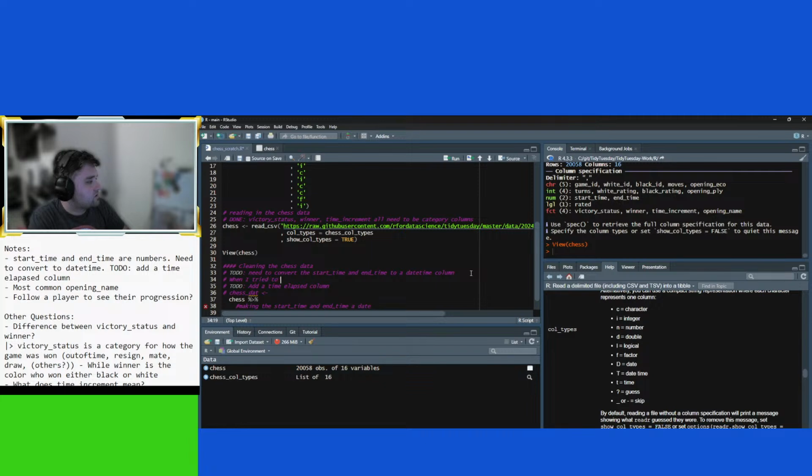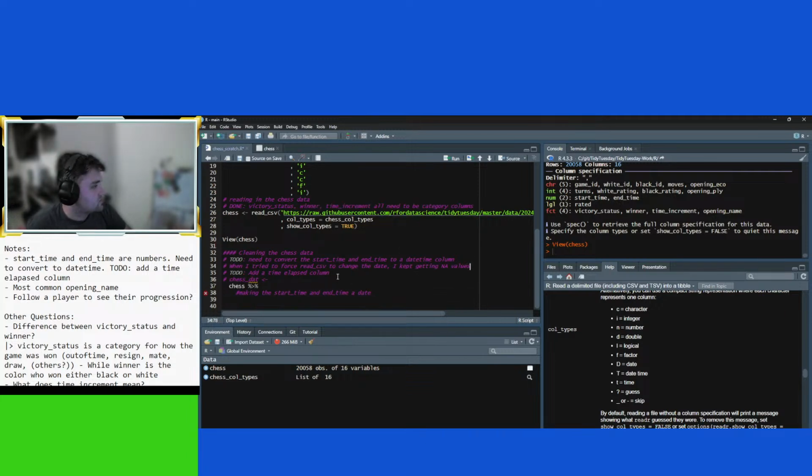And I try to change the CSV to a date. I kept getting NA values.